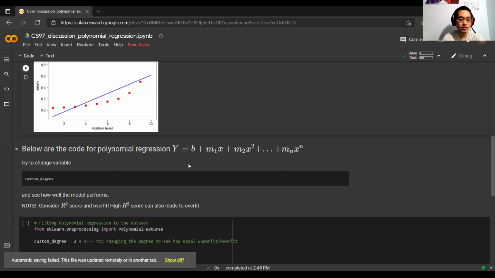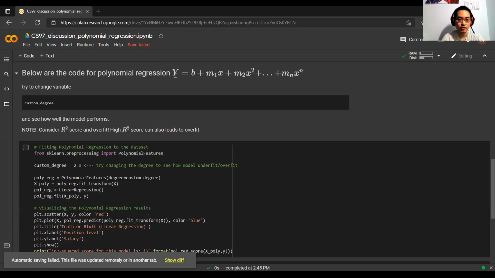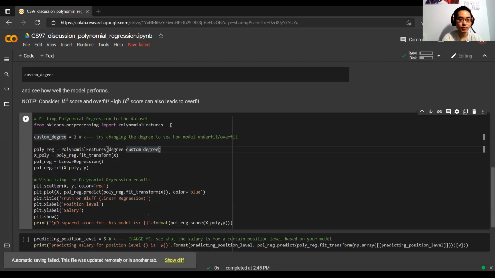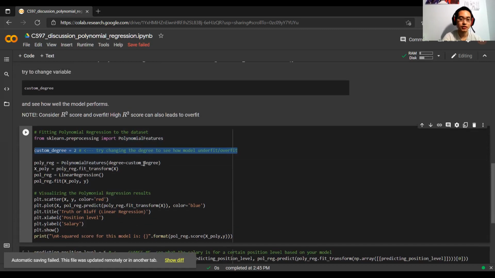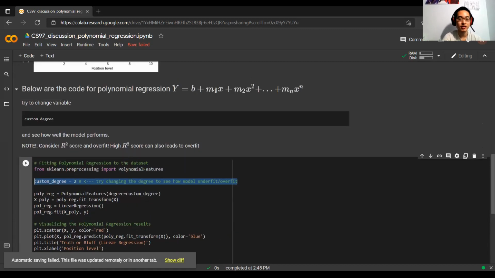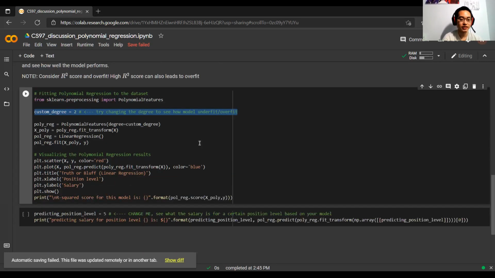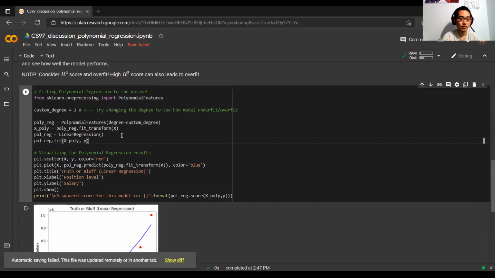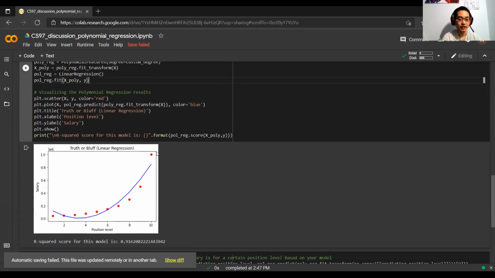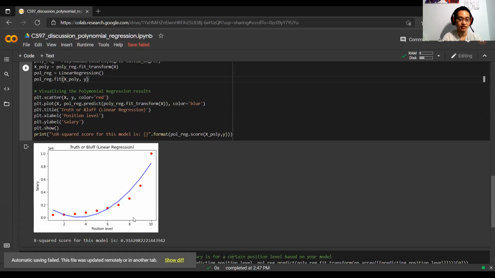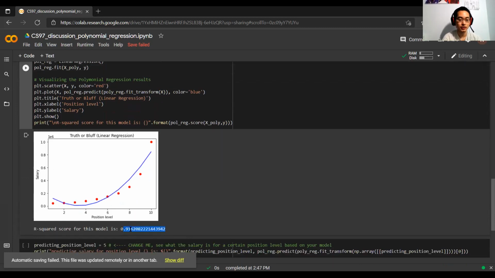So how about we change the model into this model? You just go with polynomial features instead of linear regression, and you can try to change the degree in this line. I just set the custom degree to 2, right? So it's going to be b plus m1x plus m2x squared, and that's it. If you go with square, it's going to give you this curve, and you're going to get the R squared score of